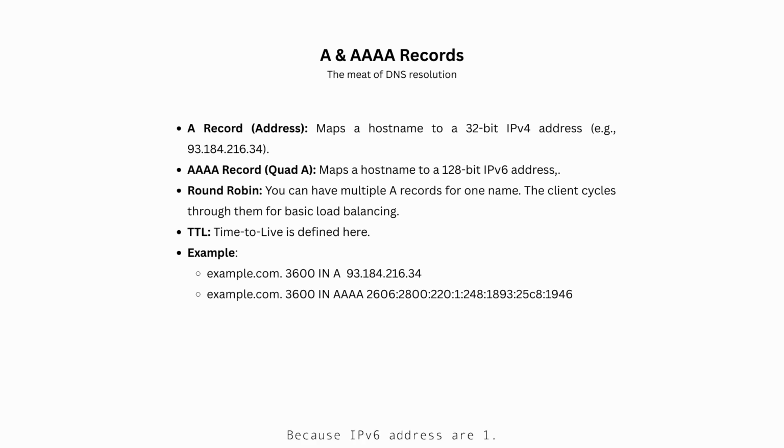Why quad A? Because IPv6 addresses are 128 bits, which is 4 times larger than 32-bit IPv4 addresses. Hence 4 A's. Clever naming. You can have multiple A records for one name. This is called round robin and it provides basic load balancing. The client cycles through a list of IPs. Also notice the TTL value in those records, that 3600 means this record can be cached for 1 hour before